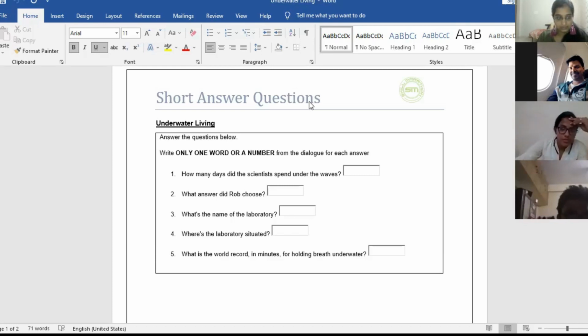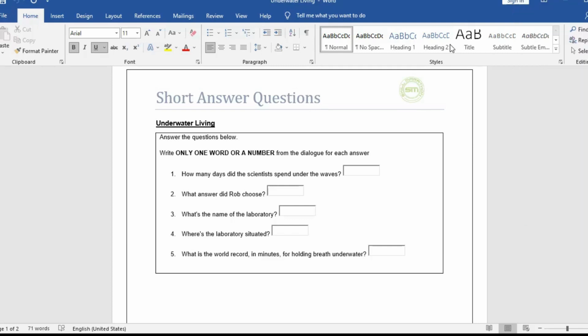Good, yes, good idea. Today we'll be hearing about scientists who broke the world record for the time spent underwater. They spent an incredible 31 days under the waves. And we'll be learning some related vocabulary too. Right, are you ready now, Finn? Yeah, I think so. And are you ready, Rob, for this week's question? Yes, hit me with it. This week's question is, what is the longest time a human being has held their breath underwater? Is it A, 12 minutes, B, 18 minutes, or C, 22 minutes?